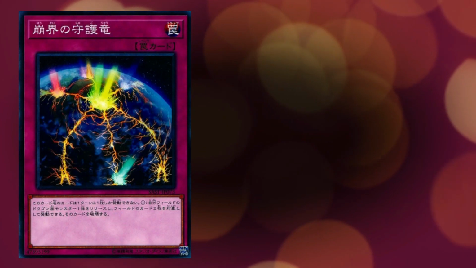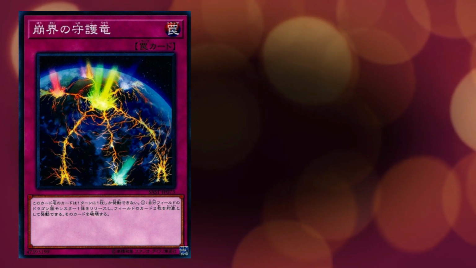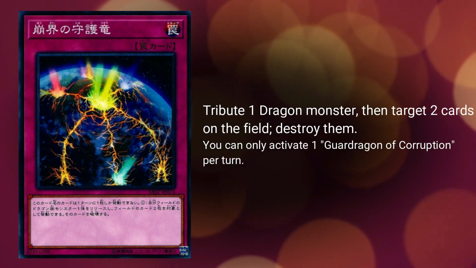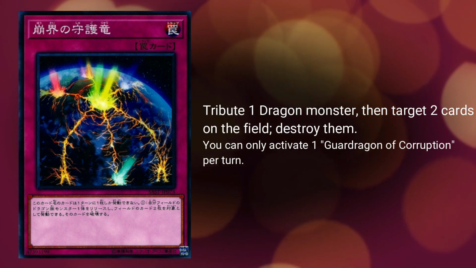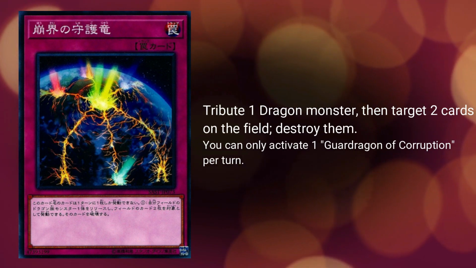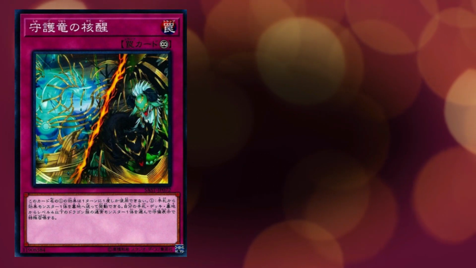Guardragon of Corruption is a normal generic trap card, and it's literally an Icarus stack for the dragons. Tribute one dragon monster and target 2 cards on the field and destroy them. An interesting fact about this card is that it's even stronger in the Erratic archetype, since the monster floats when tributed. The last card of the archetype is Guardragon's Awakening, a continuous trap card that lets you special summon a